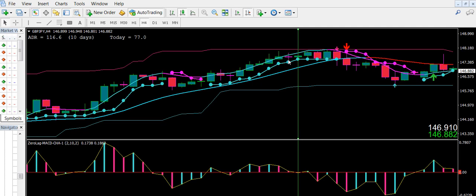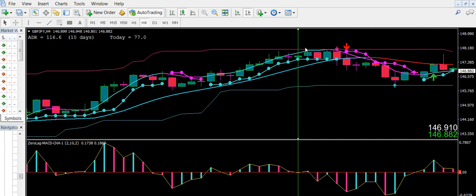A doji day means nobody won that day. The bears and the bulls were equal. They don't know if the price should go up or down. And the next day, even though everything is green again, that's a very small candle. However, the next day, price pushes up just a little bit more. So you might have thought, oh, maybe it's going to keep going up and up and up, but look at it,